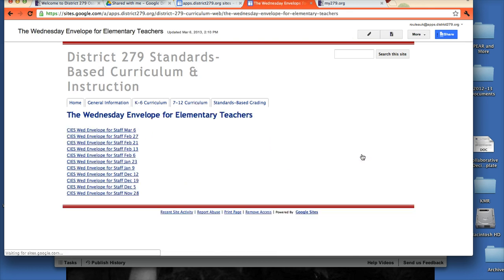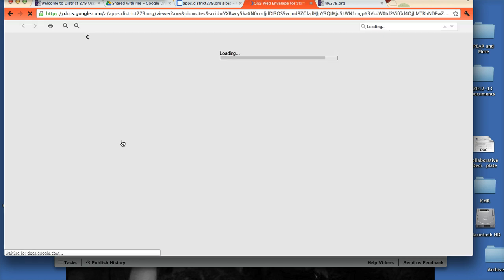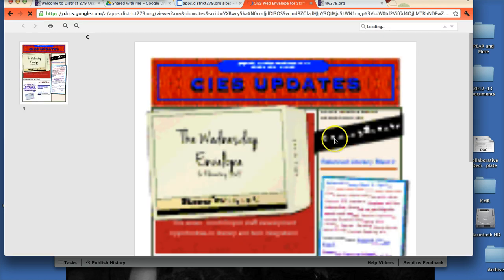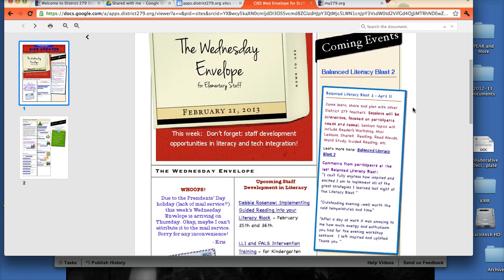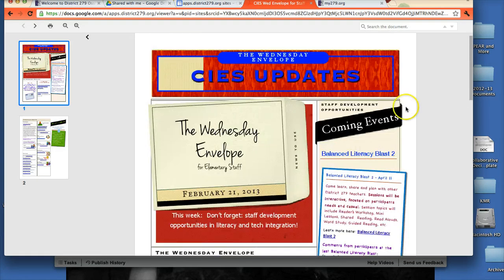Click on the Wednesday envelope for elementary teachers, you'll find back issues of the Wednesday envelope. They've all been uploaded as PDFs, so if there's something that you're looking for and you can't find it in your email, you can pull it up here. It takes a few seconds for the PDF to load clearly, but it does, and it's printable right out of the site.